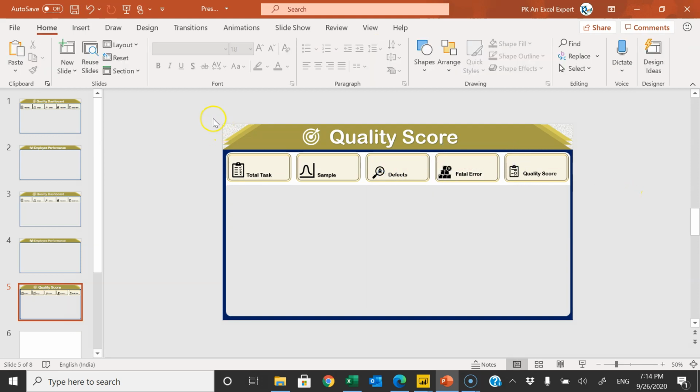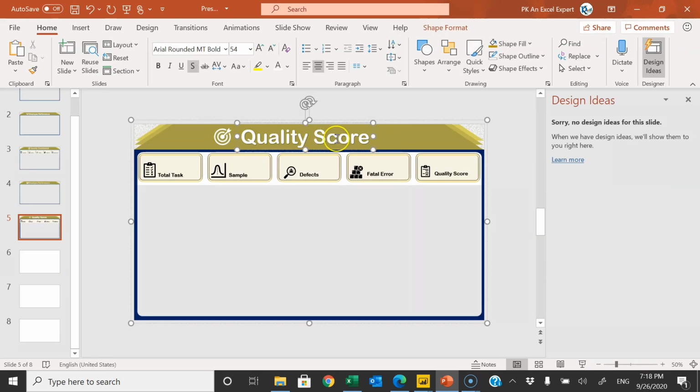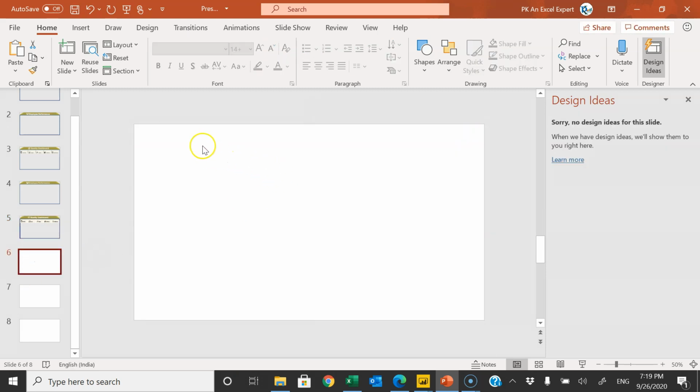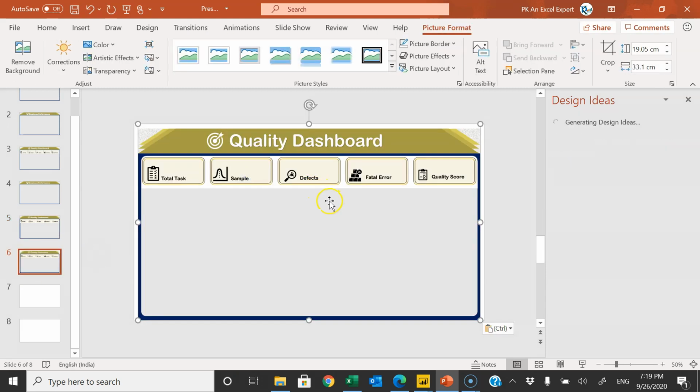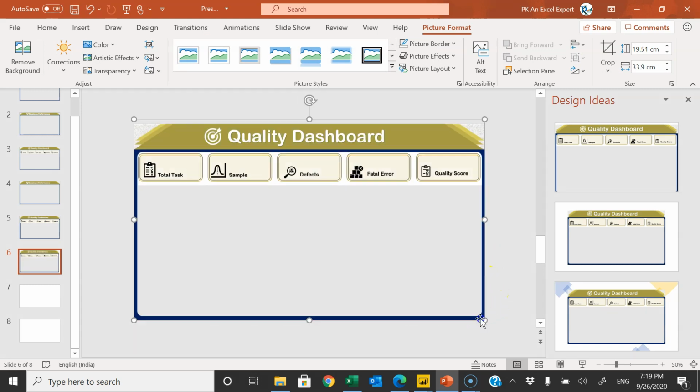Alright friends, so our first page is ready. We can make all group and let's change in place of quality score or scorecard we can put here quality dashboard. Now let's copy this group and go to the next slide, right click and paste as picture and we can see it is not fitting properly, so let's make it slightly bigger and we have to crop this image.